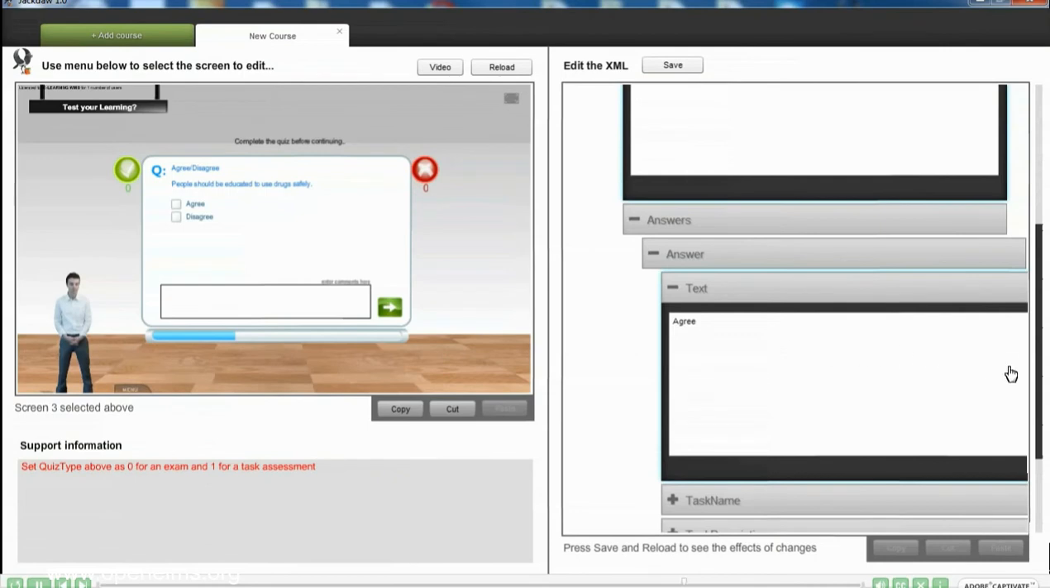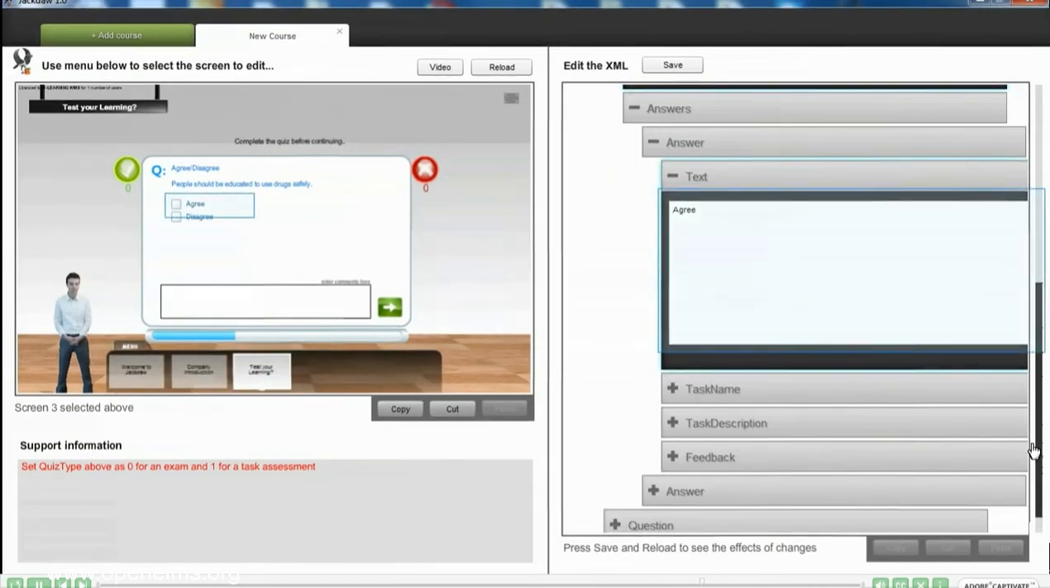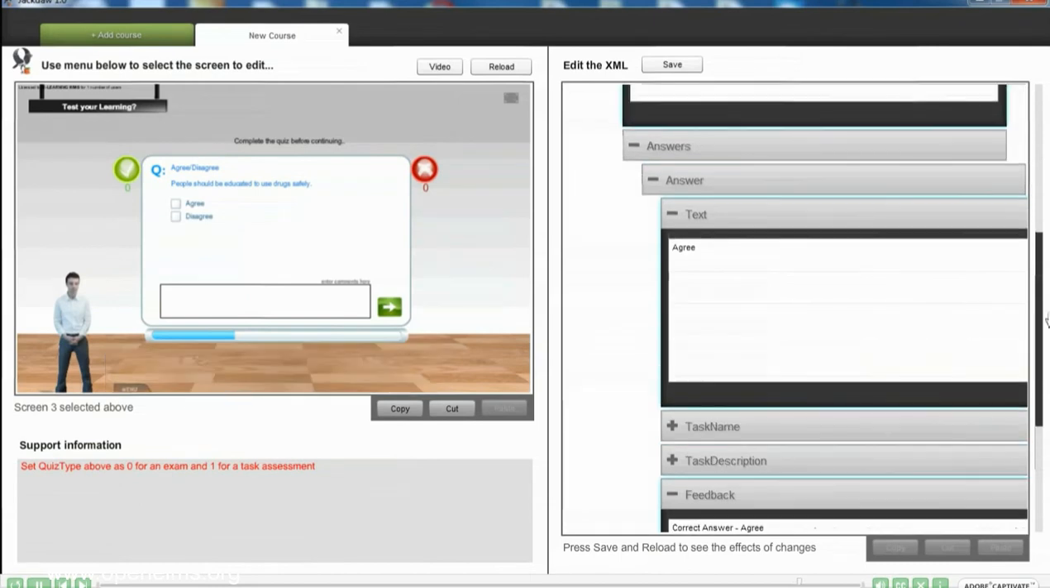On expanding each answer, there are a number of options. The text corresponds to the answer's label. The task name and task description are not needed in this case, but if we were asking a question such as, "Do you need a new chair?" these values would correspond to something like "new chair needed" and "you need a new chair with a 5-pronged stable base," etc. The feedback can be displayed to users on answering the question and is also displayed on reports generated